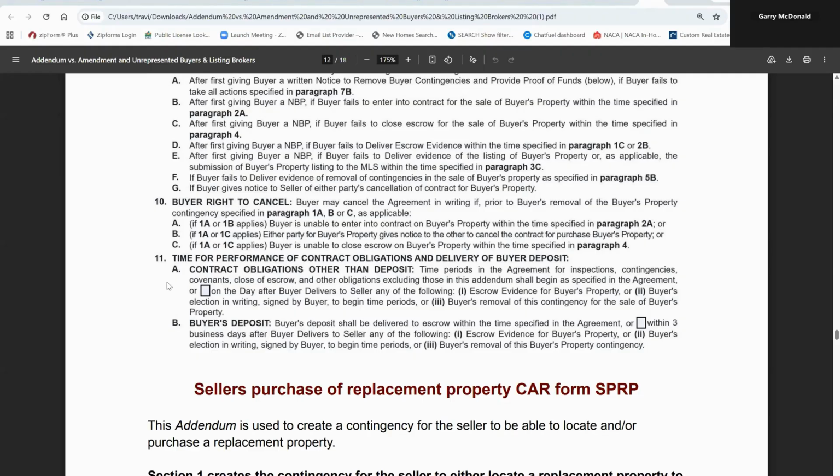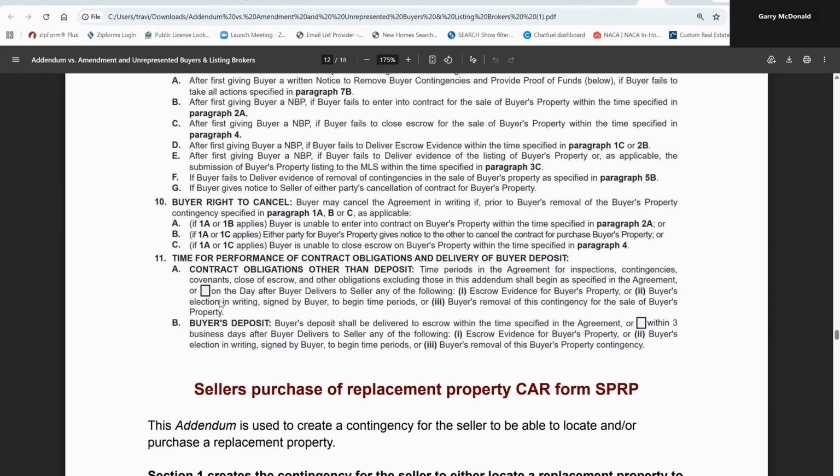So what it's saying is, if you leave it as default, when you have an acceptance, the timelines are starting. So if you have, let's just say by default, 17 days for your inspections, your appraisals, and all of that, they're going to start upon acceptance. However, I usually recommend checking the box because that is stating that the timelines for all of that stuff for my buyer are not going to start until after we go into contract on the buyer's sale of their existing home,